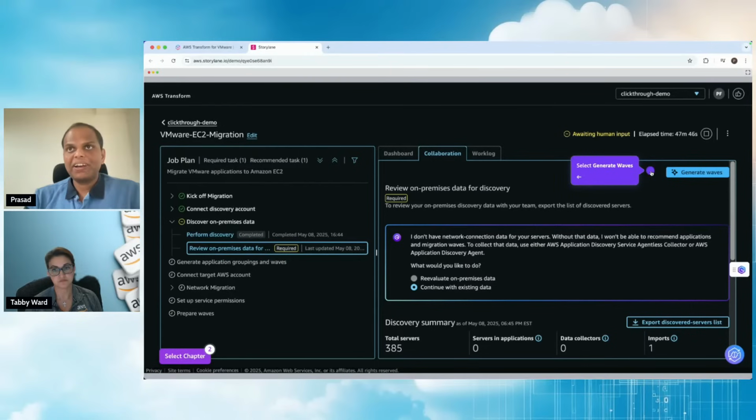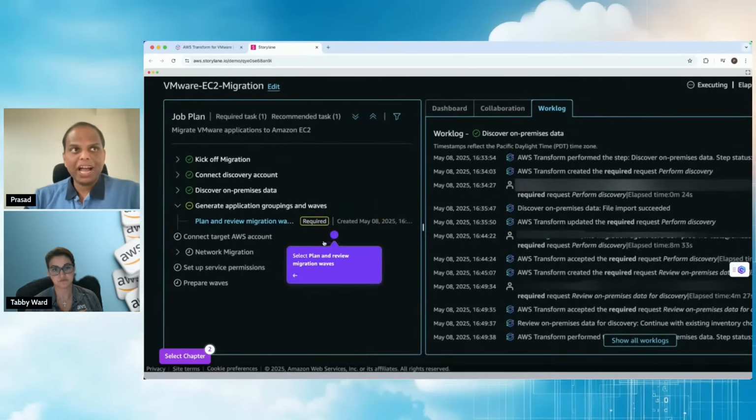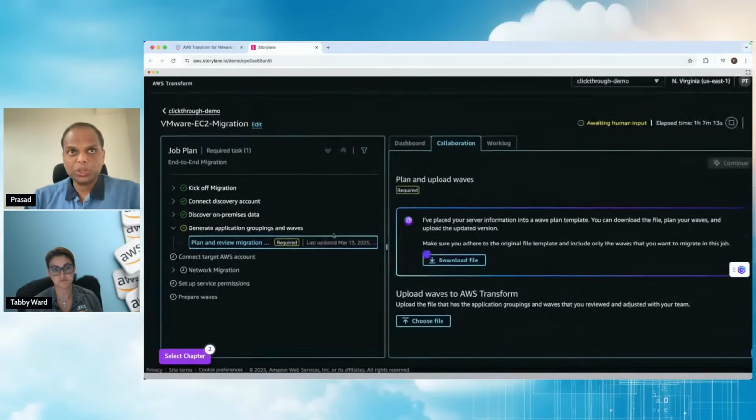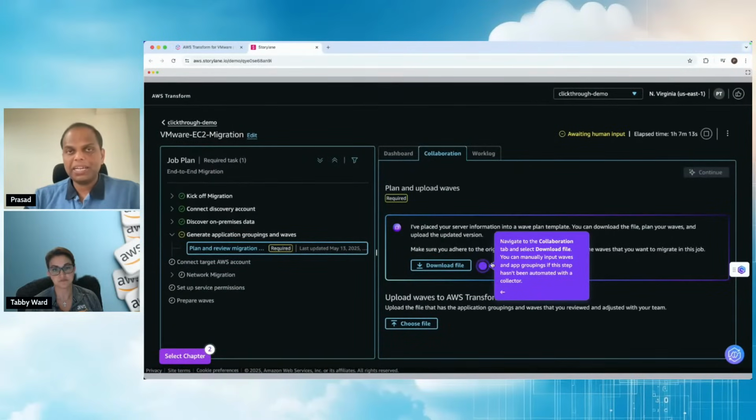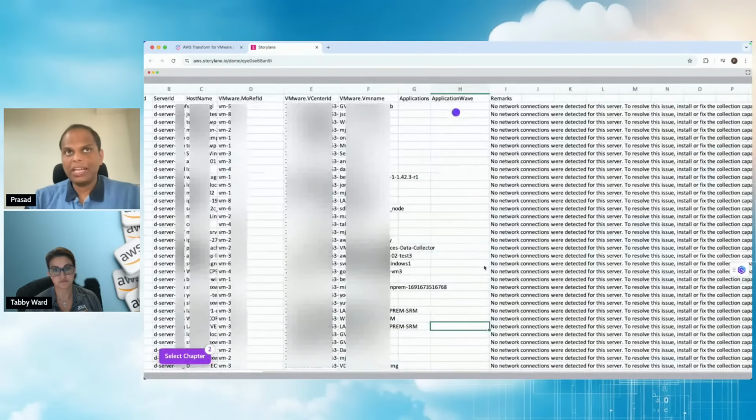Once I do that and click on generate waves, when I show you the waves, that file would be empty in terms of grouping the applications into waves. So that whole information is bundled into a file which you can download and then edit manually to upload.